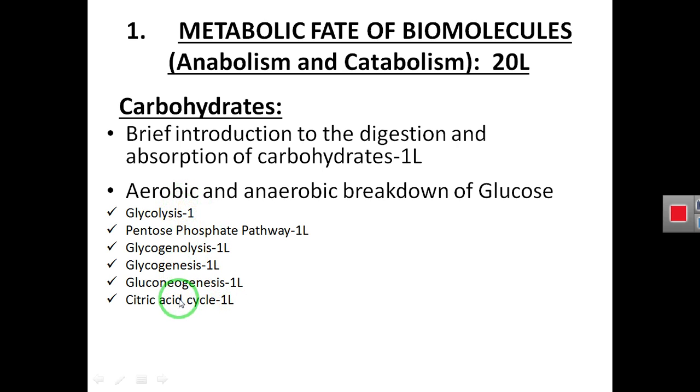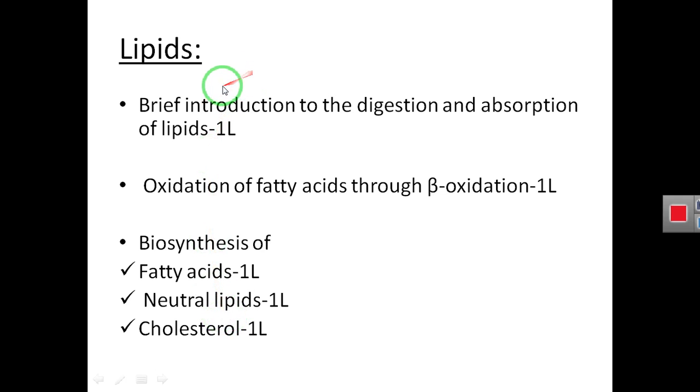All these cycles are the metabolic cycles or the metabolism of carbohydrate or glucose. So all these will be completed in the 6 lectures,